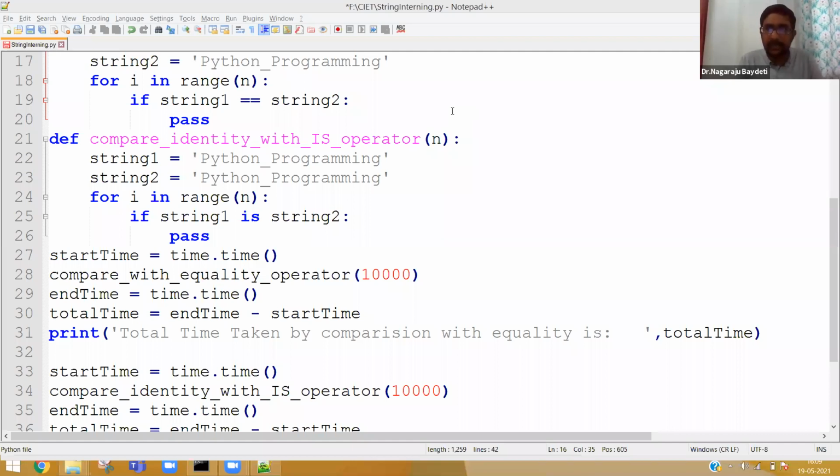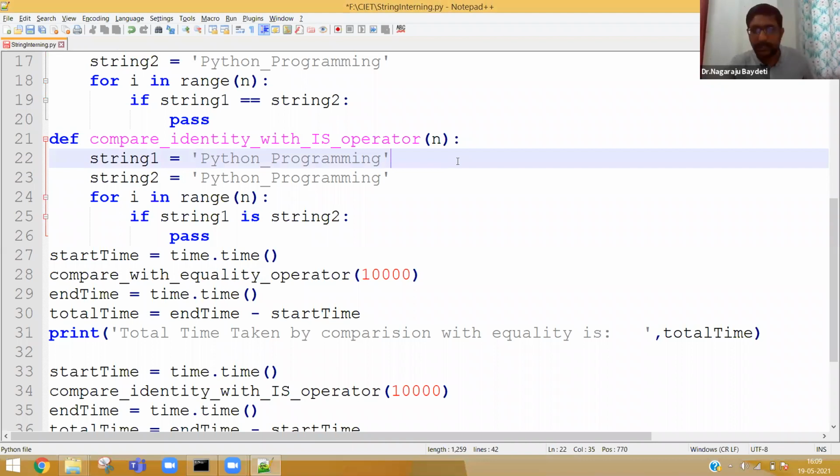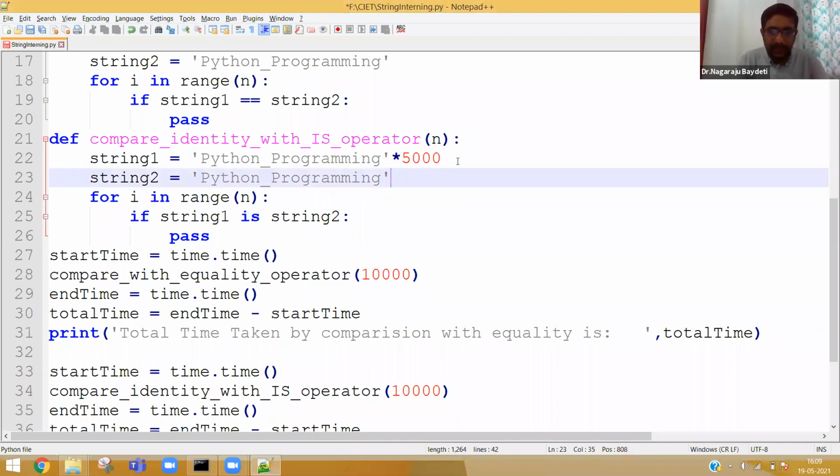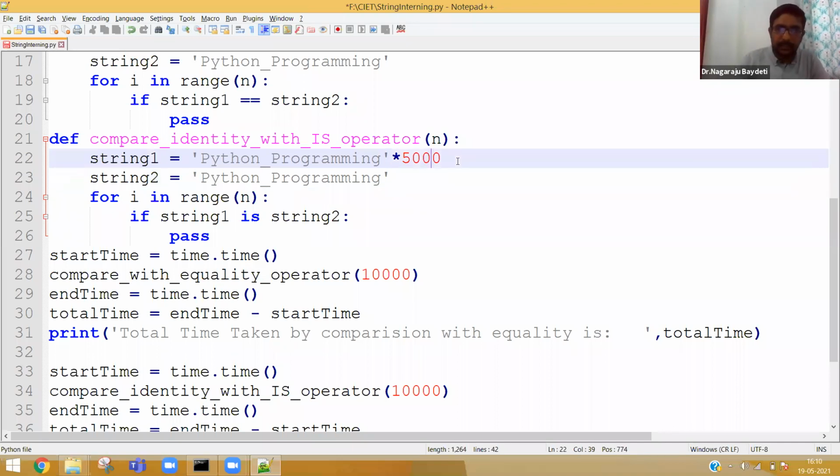So yesterday, when I executed the program, it's my mistake, I should admit that. I should not have executed the program directly with 5,000 because this string will not be interned. When the string is not interned, there is no point in executing this program to find the time difference between double equal to operator and is operator. What I should have done is use a normal string which is interned.